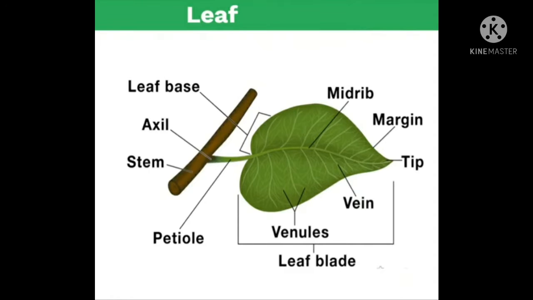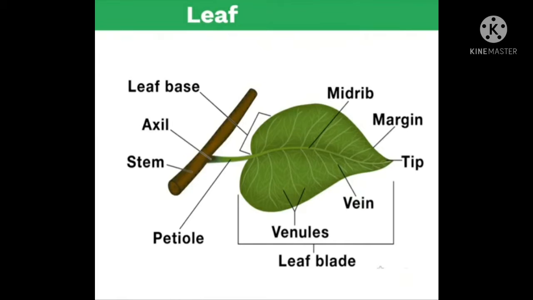Leaf. As we all know, leaf is a most important part of the plant that is attached with the stem, and it is green in color. The leaf is of different types in different plants. We can see many different types of leaves around us. But the main parts of the leaf, generally, are common in every plant. Let us know in detail about these.